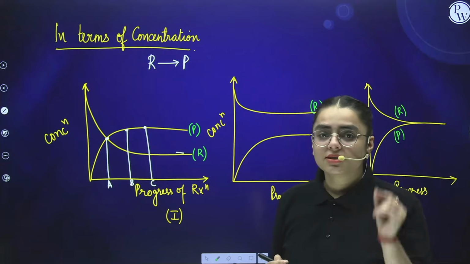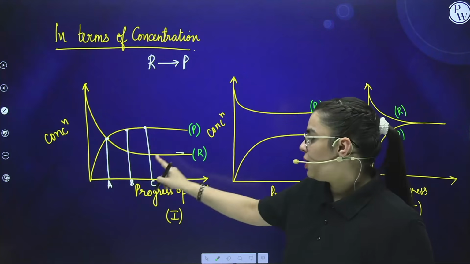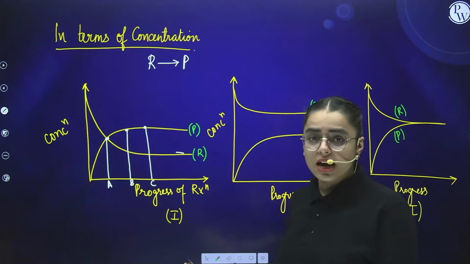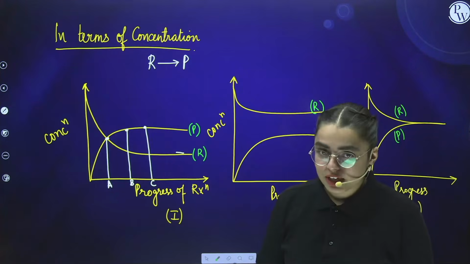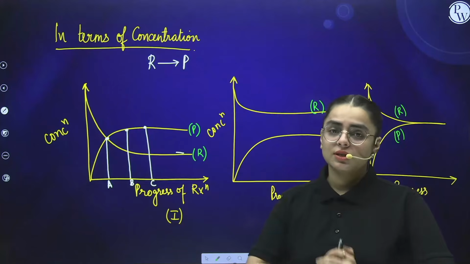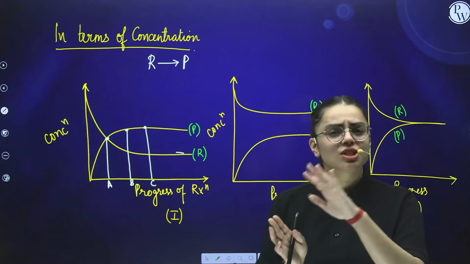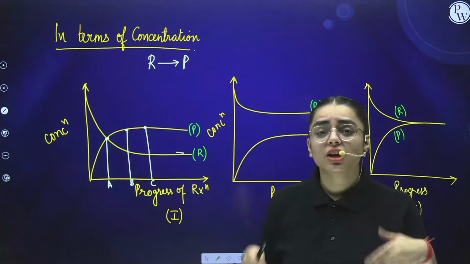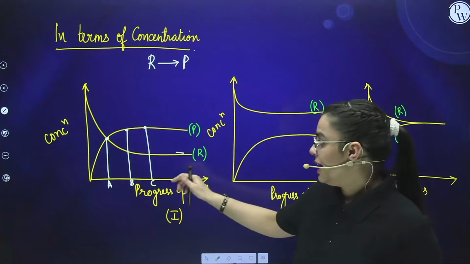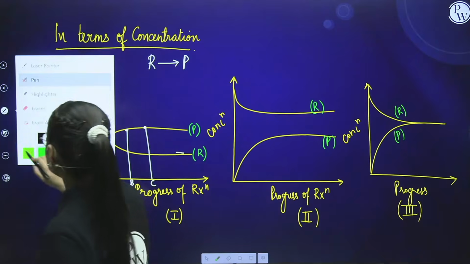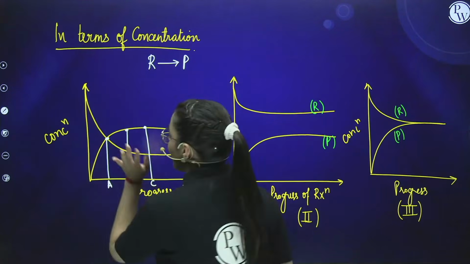Now the question arises again. I am asking you about A point, B point and C point in the very first graph. At which point is equilibrium attained? As I have again told you, it is that state of the system in which the concentration, or I would say the pressure, the volume, the temperature, are going to be constant. That is the equilibrium state. So here, if I talk about the A point, let us see the A point. What is going to happen at the A point?